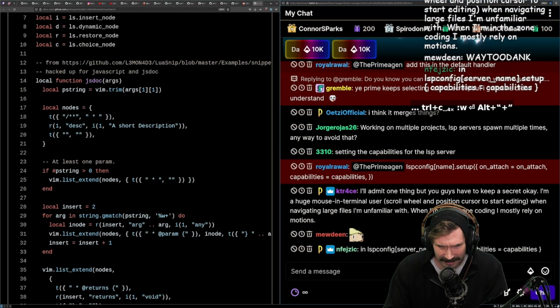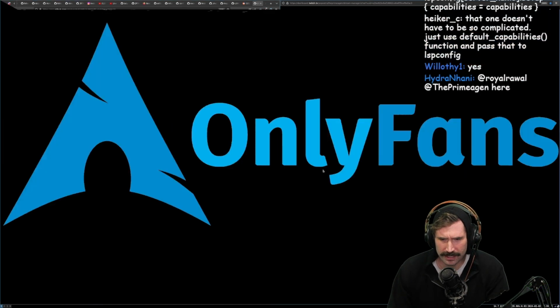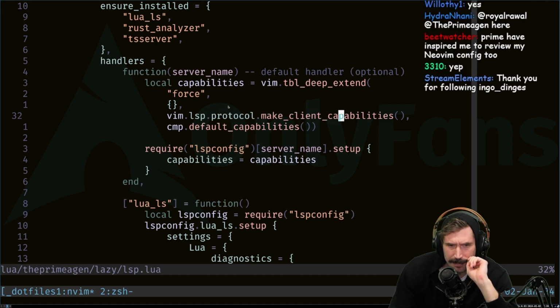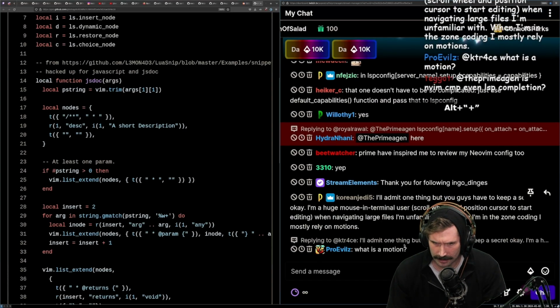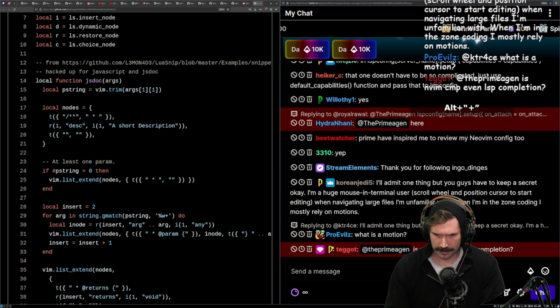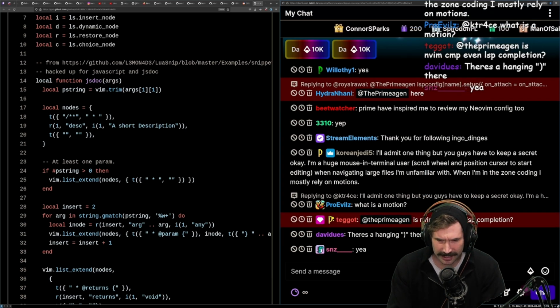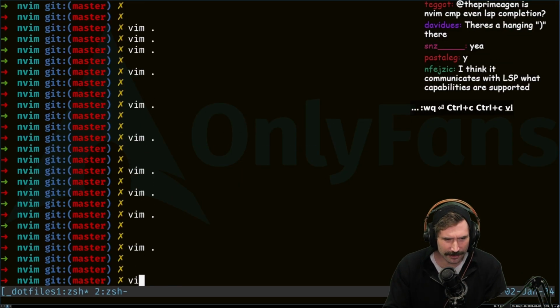You're saying that thing? Capabilities. Okay, so what is this capabilities doing here? It creates an empty object. It has client capabilities from the protocol plus the default capabilities of compy. Is that all it does? Is Neovim compy even LSP completion? It's tied in there. It responds to a